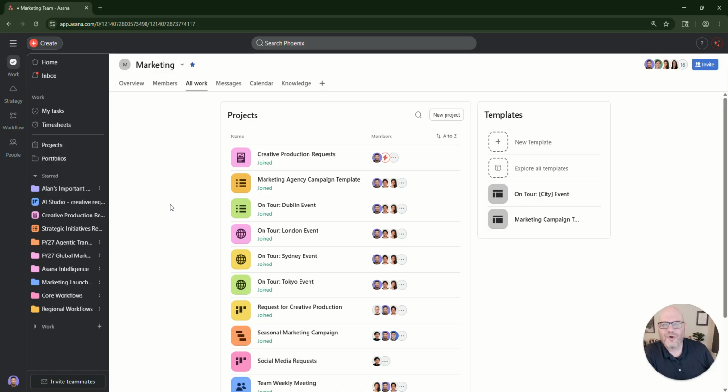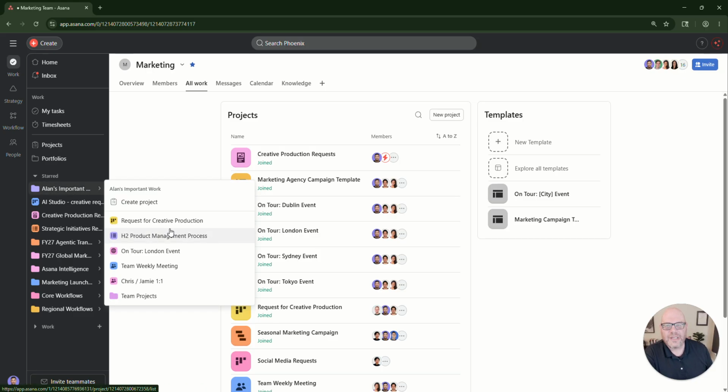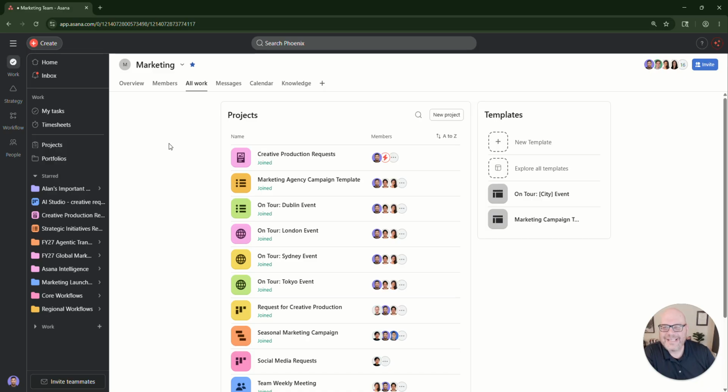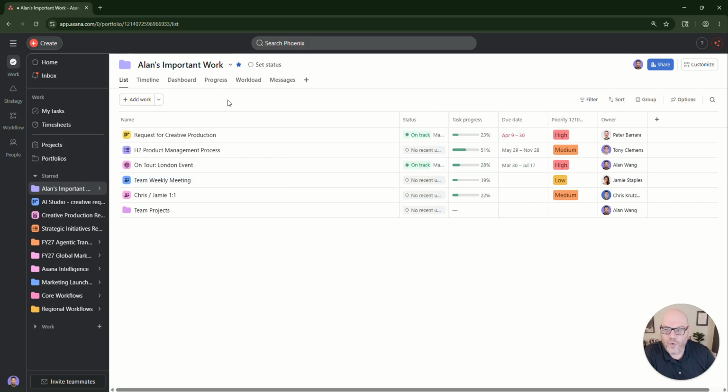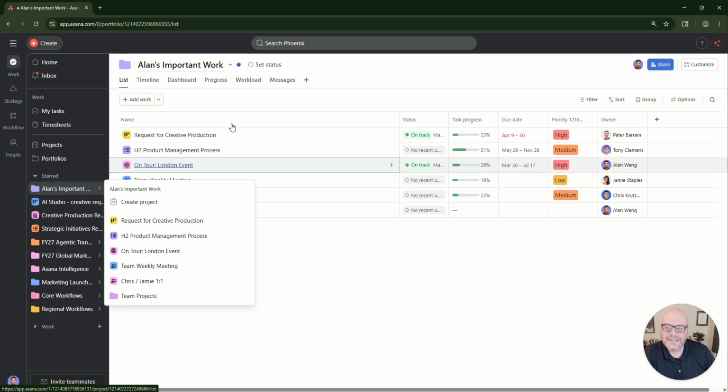If you were to go to your browser, most of us know that we can favorite or we can star different websites that we want to go to. In Asana, the starred section is us favoriting the different views, the different resources where we want to have quick and easy access to. If you do not see a starred section, that's because you haven't starred anything. So to give you an example, here I am in Alan's portfolio, and we can see that he has selected the star, which is basically bookmarking or favoriting this portfolio